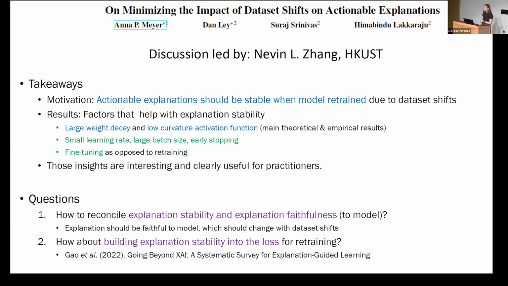I think the perspective we're taking here is that a lot of times there's multiple models that will do equally well on a task. And so if you're retraining your model, you might end up with a drastically different model and drastically different explanations, even if there's actually a different model that would do really well performance-wise on the new data set, but be much more similar to your original model and have those similar explanations. So it's sort of like, yes, it needs to change a little bit, but how can we minimize the amount of change while still keeping accuracy in mind?